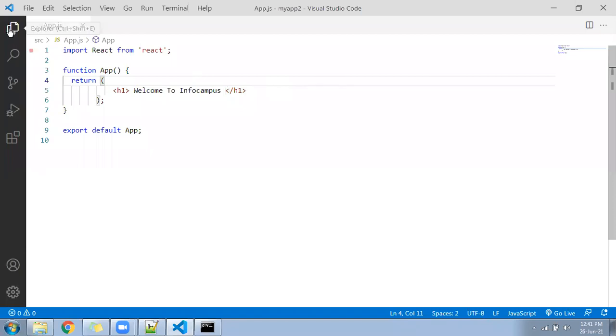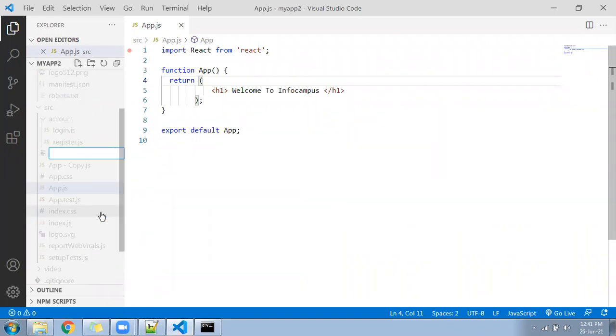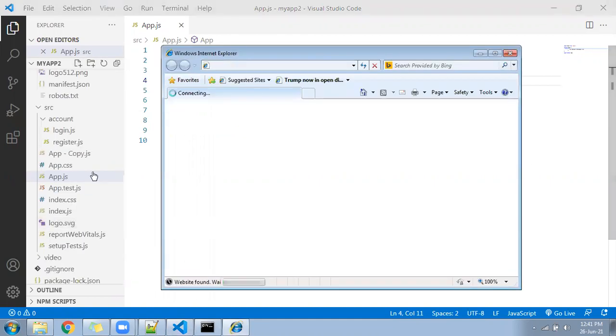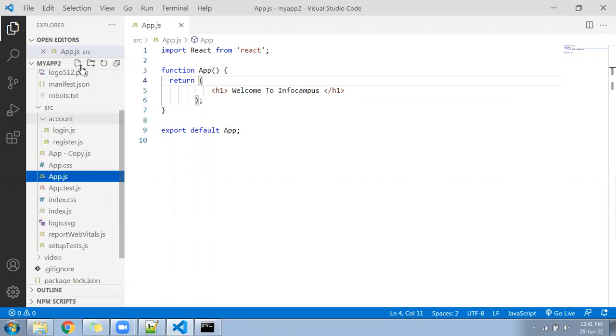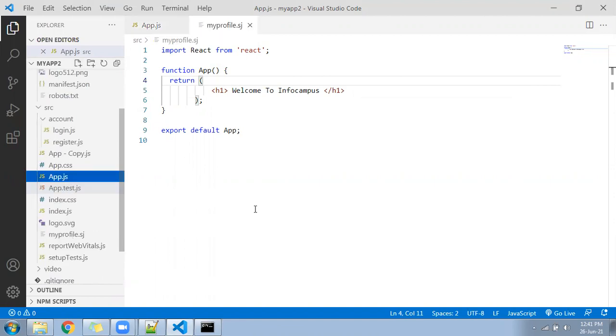I'll create a new component in my src folder. I'll give the component name, user, or maybe some other name. I will name the component profile.js.